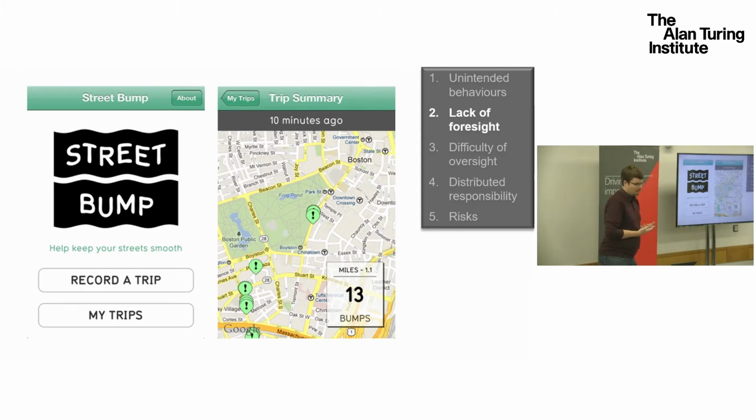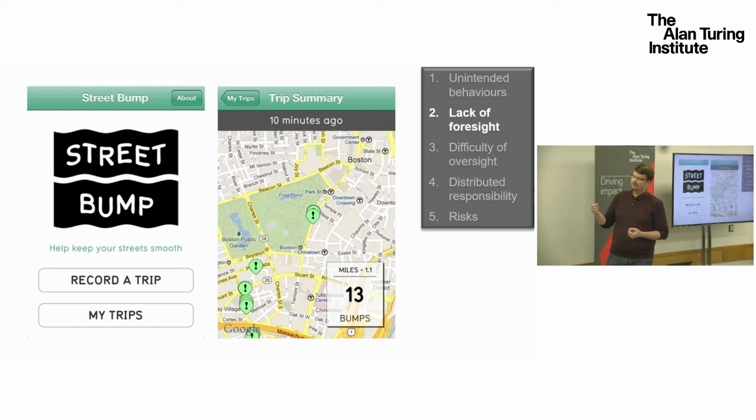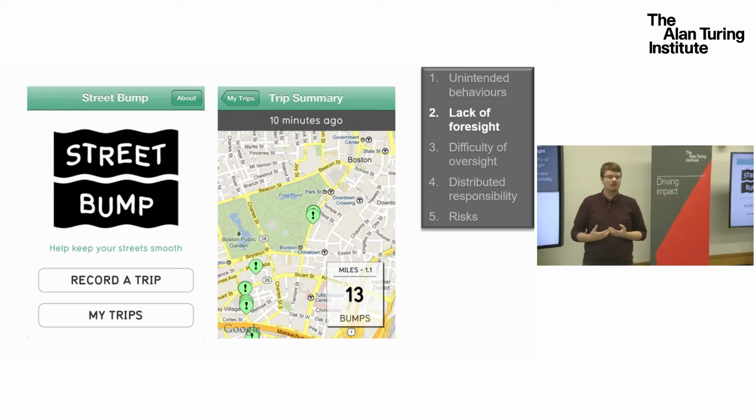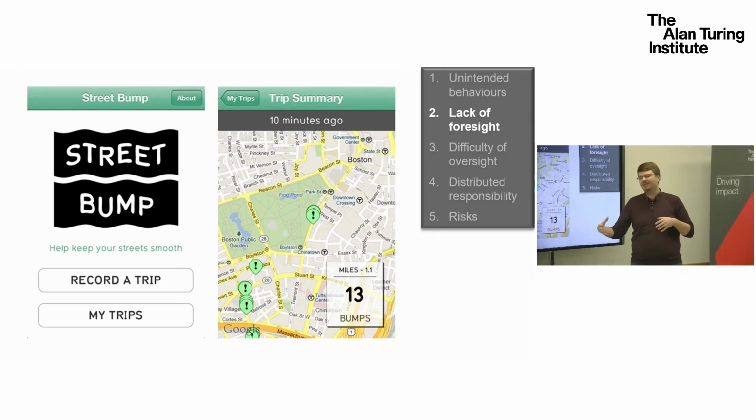But the thing that happened that was not expected, I think reflects a lack of foresight on the part of the planners, was that it ended up that potholes are being fixed much quicker in richer parts of town. Now in this case, the reason for that is because the people that could actually afford a smartphone and therefore be able to install the app on their phone had to have basically certain means. So it was directly linked, in this case, the prioritization of fixing the streets was directly linked to the citizens' ability to pay, not in the sense of ability to pay the city to fix them, but rather just to